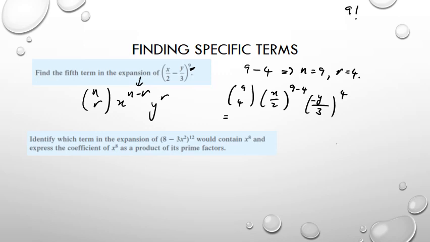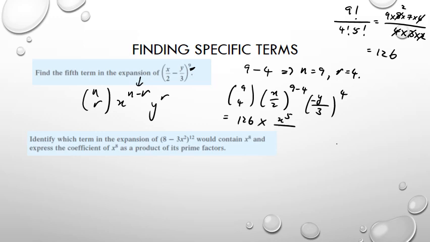So 9 factorial over 4 factorial, 5 factorial: 9 times 8 times 7 times 6 over 4 times 3 times 2, because the 5 factorials cancel. 14 times 9, 126, times x to the power 5 over 2 to the power 5, which is 32,